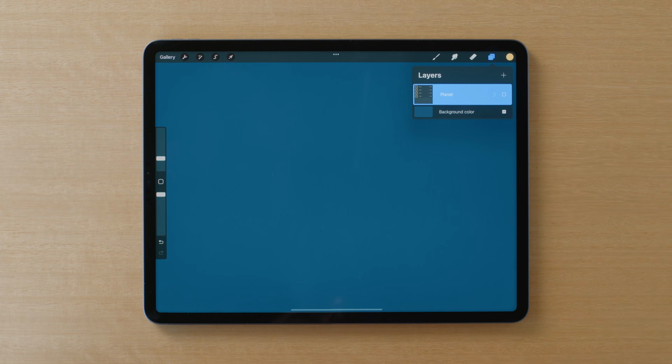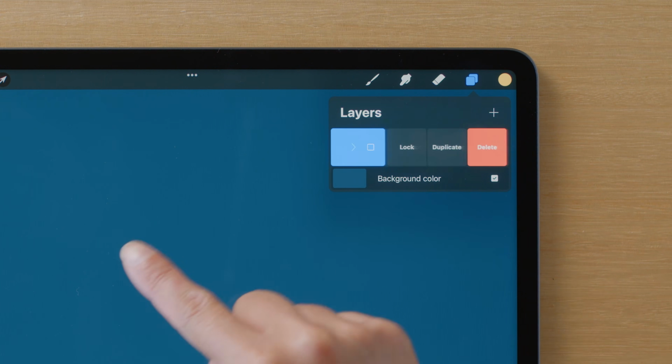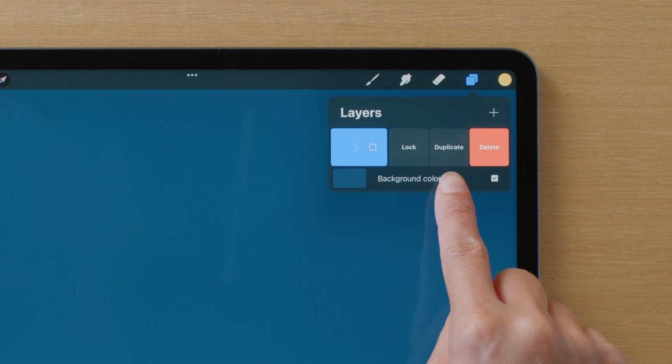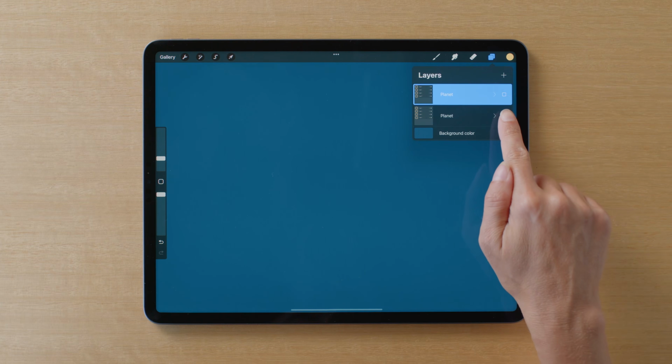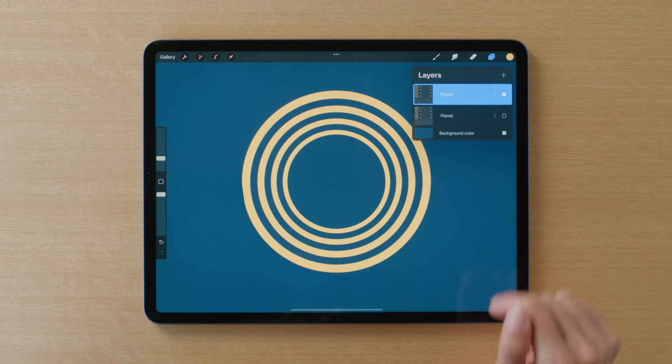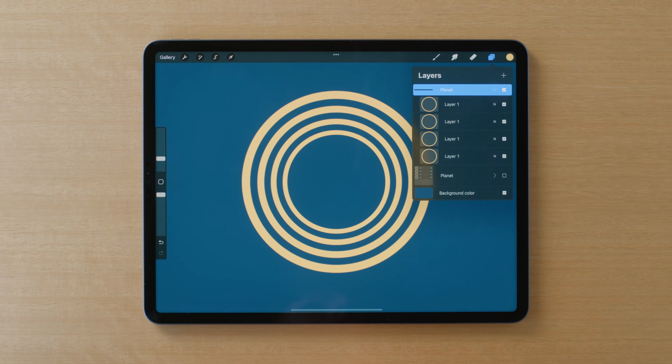With any layer group, we can also swipe left and either delete or duplicate the group. Let's duplicate this one for now. Let's turn on our top group and leave the bottom one hidden, as we'll come back to it a little later. And we can tap the arrow to expand our top group and reveal the layers inside.